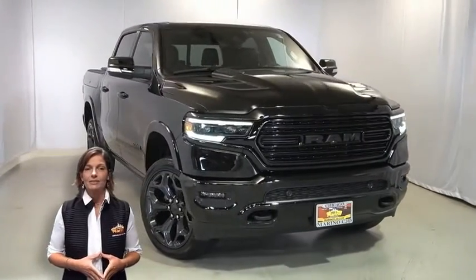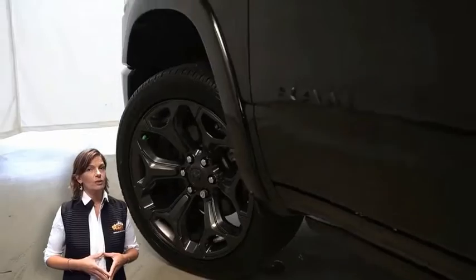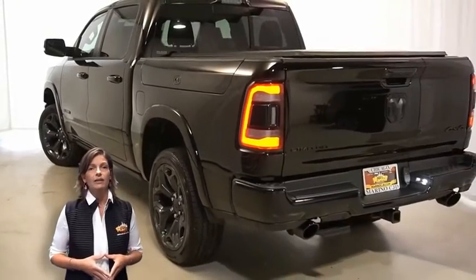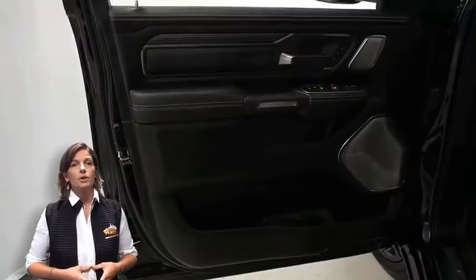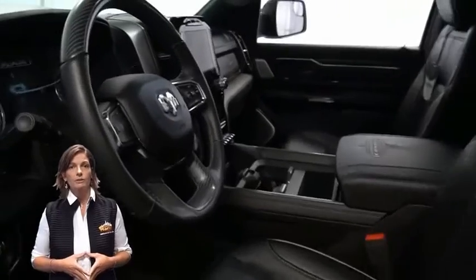With black headlamp bezels, sport performance hood, 22-inch aluminum wheels, lane keep assist, adaptive cruise control with stop and go, LED tail lamps, tow package, heated and ventilated front seats, heated steering wheel, 7,000 miles on the odometer, 12-inch touchscreen,